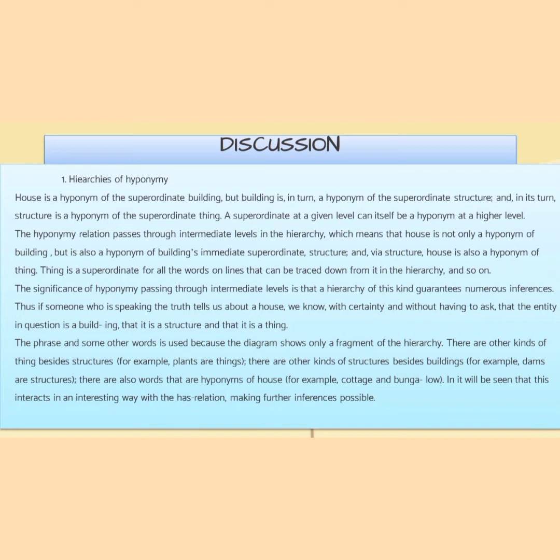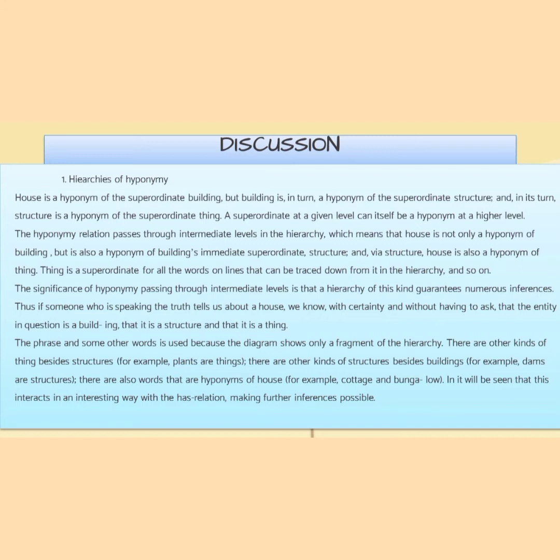Thus, if someone who is speaking the truth tells us about a house, we can know with certainty, and without having to ask, that the entity in question is a building, that it is a structure, and that it is a thing. The phrase "and so on" is used because the diagram shows only a fragment of